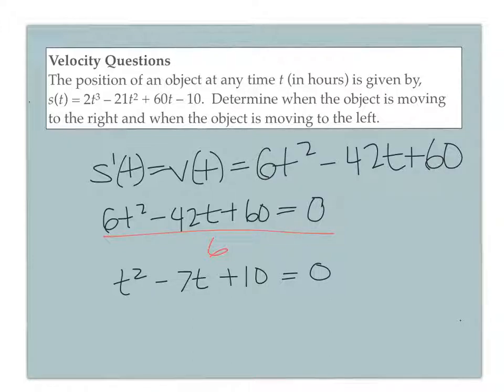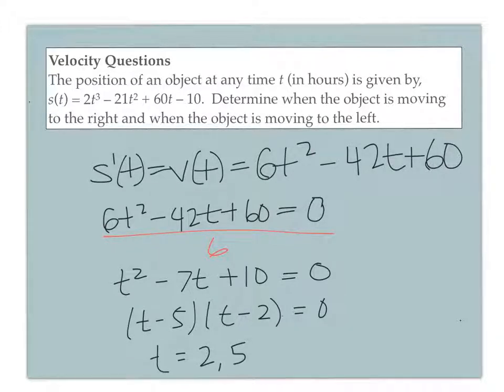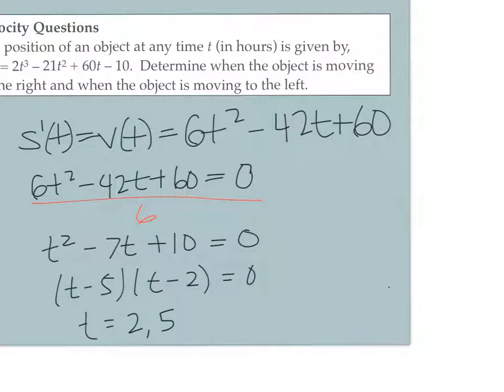Okay. So that is t minus 5 and t minus 2 for factoring. And so my two zeros are 2 and 5, which means this graph crosses the x-axis at 2 and 5. Now, at that point, you can do it a couple different ways, up to you how you want to work with it. Personally, what I would usually do is make a little number line, where I put 2 and 5,